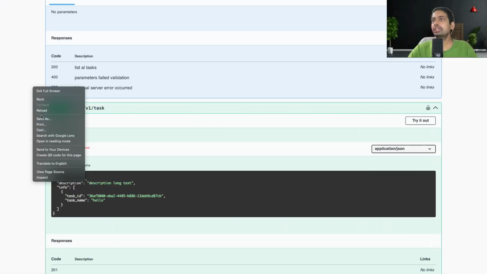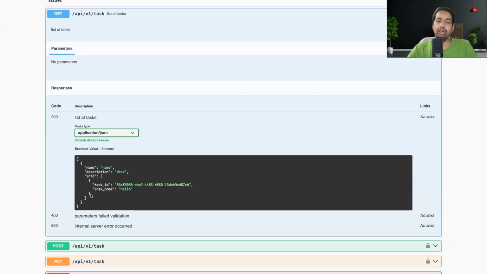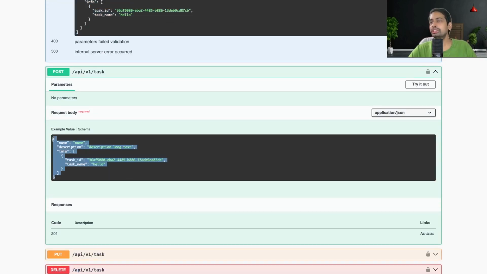Let's see how it will change the response. You can see this. Now the front-end developer will be more happy to see this thing because he will know when the status code is 200 you are going to return me this payload. Even if the status code is 400, you can also specify the exception format, but this is very helpful. Similarly, you can do for the post that when you are going to hit this thing, what kind of response you will be returning. आप टास्क क्रिएट करोगे इसके साथ तो वी कैन सेंड कि भाई ये ऑब्जेक्ट रिटर्न होगा